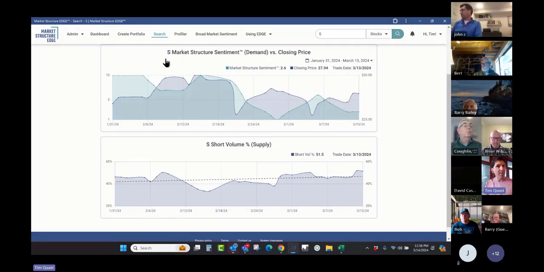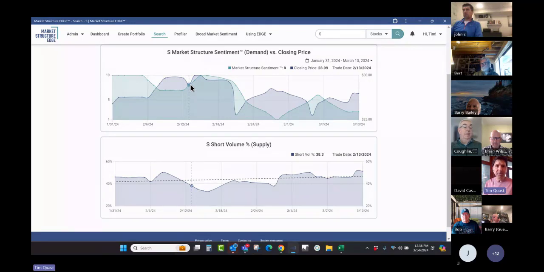So we begin with that, and we're looking for rising demand that's between 8 and 10, could be at 10, could stay at 10. That's fine, and falling supply that is less than 50%. By the way, supply above 50% does not mean that things won't do well. I could give you lots of examples of stuff that was at 70% supply, and if it declined, the stock still rose. It's really the divergence that creates this mathematical opportunity.